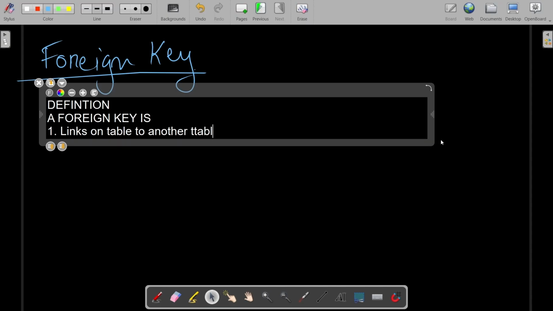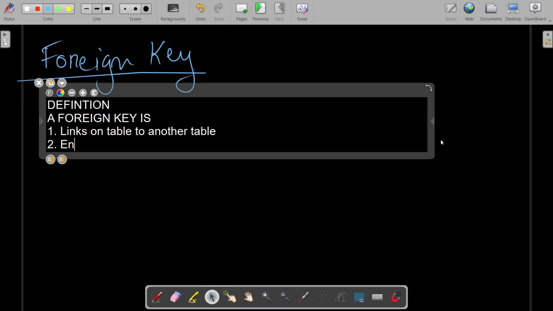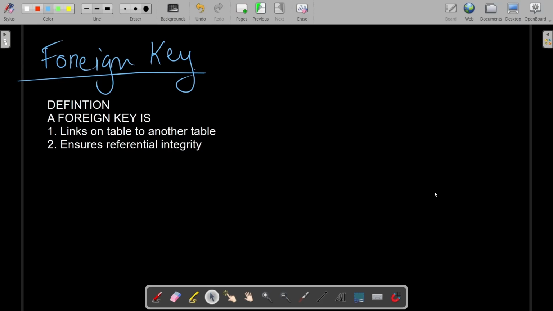Okay, another table. Keep that in mind. Secondly, it ensures referential integrity. Okay, if I take an analogy of a real life scenario,